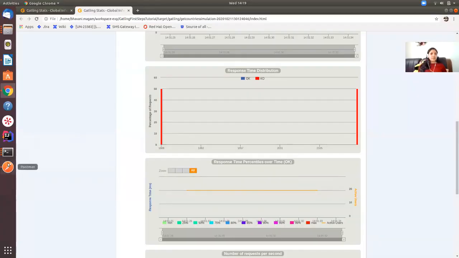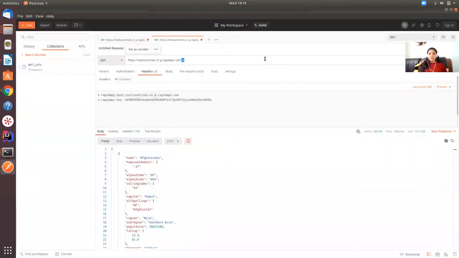Okay, so hope you're able to see my screen. So this is the API I have chosen. This API is from Rapid API, and anyone who registers to their site have access to this API. And this